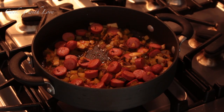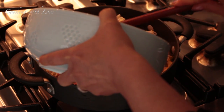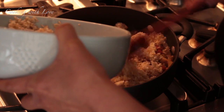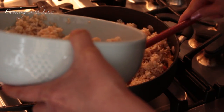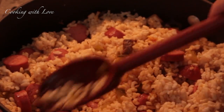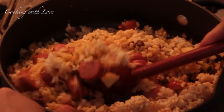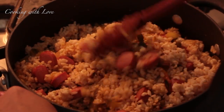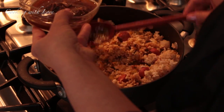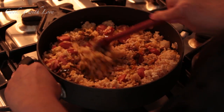Okay, and then to that, we're going to add about 4 cups of rice. And if your rice looks a bit dry, you can always add a bit of water. To get them nice and happy. And just in case you have little ones in the house, you can always opt out the gochujang, or the chuchitrain as I call it, to keep it from being too hot for little kids or toddlers. But if your kids are ready for a little bit of Korean love, then by all means, put as much as you would like. So we're going to put about